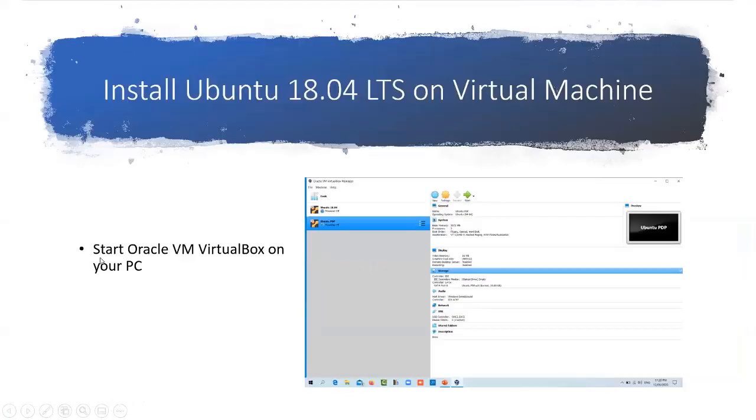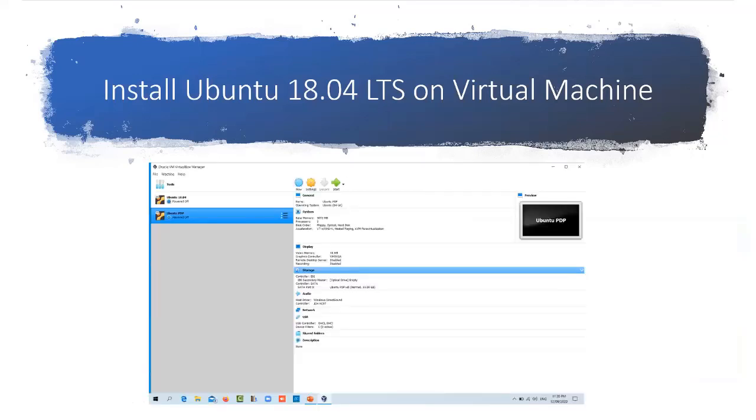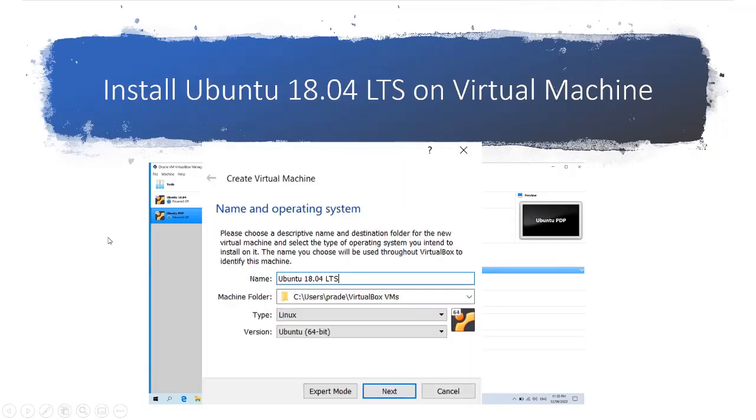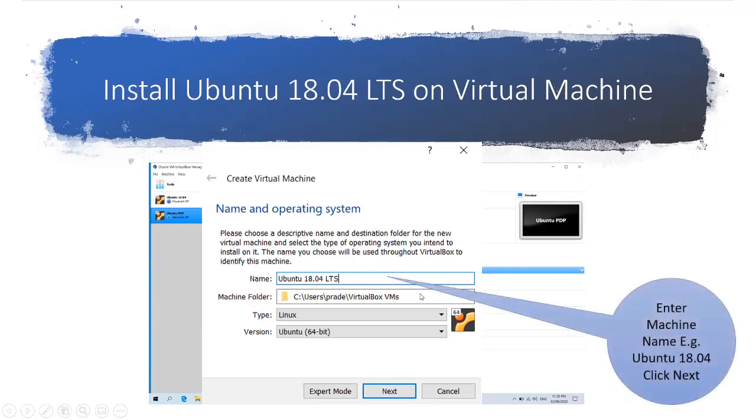For that, you need to start Oracle virtual machine on your PC. Then you need to click on new button. Click new. Then you need to give name of your virtual machine, that is Ubuntu 18.04 LTS, and enter machine name, for example Ubuntu 18.04.